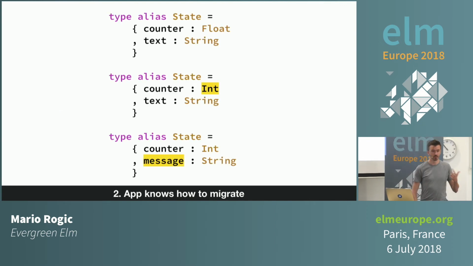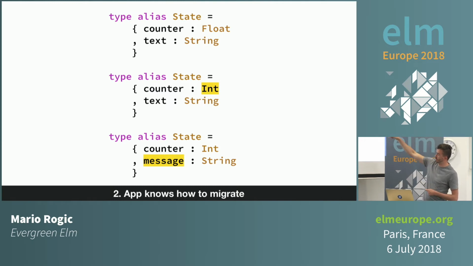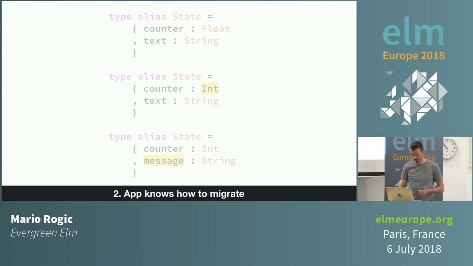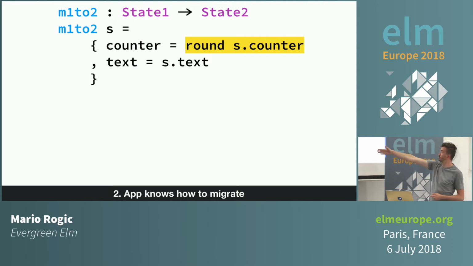So a quick reminder, here's how our type evolved across the three applications that you just saw. Originally we started with a counter and text, then we modified that to an int, and then we renamed a field to message. So what would these migration functions look like? Well, actually quite straightforward. If we're migrating from 1 to 2, we're just creating a new object, which is going to be state 2. State 1 has been passed in, so for the text, we simply use the text. That type hasn't changed. But for our float counter, we need to choose what we do. In this case, I've chosen to round.